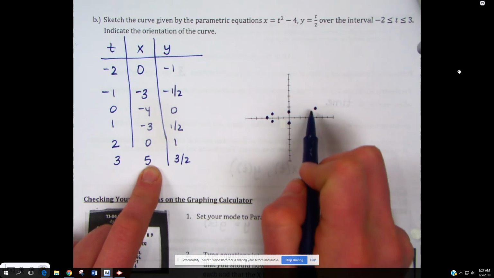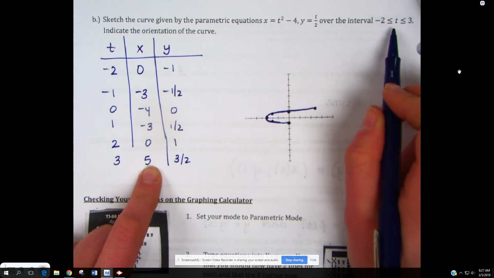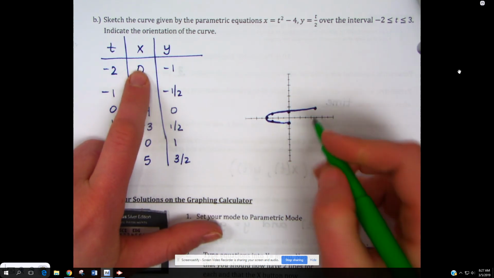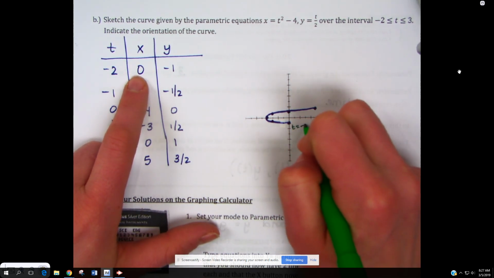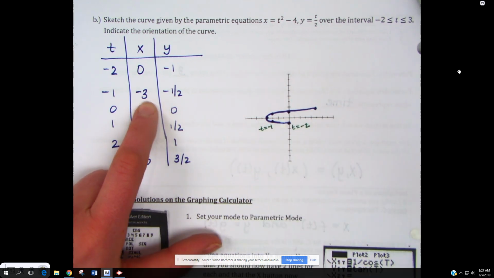Right, this one, I don't want it to go on forever since my T's are so narrowly defined. It would only be between here and here. And if you think about it, the first point we plotted was right here, and the second point we plotted was right here. So as T increases,